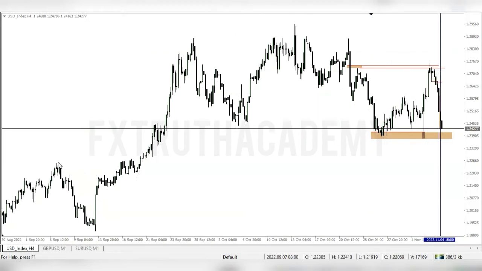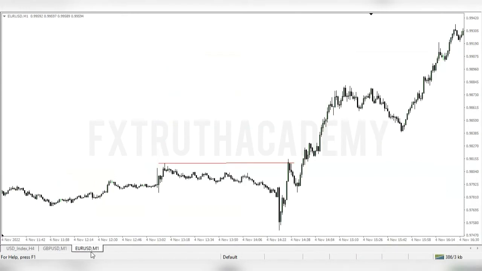And I told you this is the area I'm actually anticipating price to get to, this particular area in price, before we start seeing a rejection to the upside. So you can watch that market sell trap video to better understand what I'm talking about. So what are the trade ideas I'm looking out for moving into the new week?